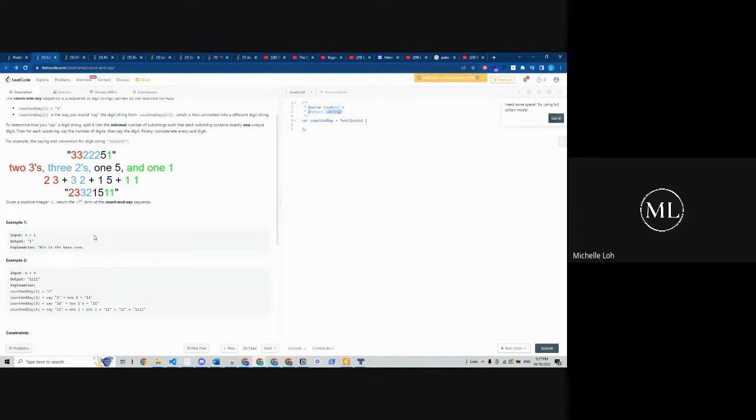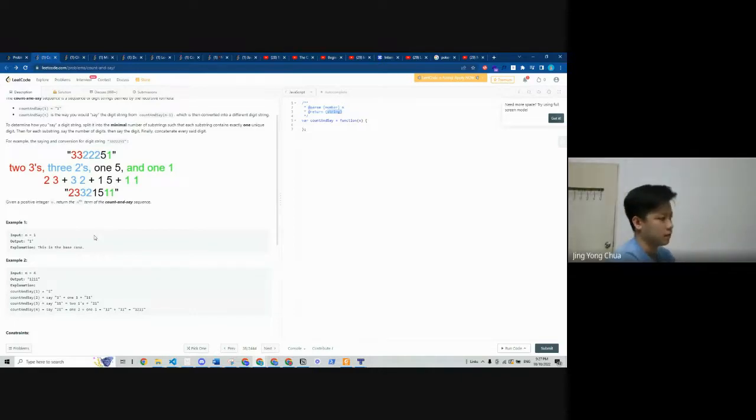It's 1 1. You get what I mean? The letter 1 with the integer 1. So when it's count and say 2, it's 1 1. And then when you go to count and say 3, you have to refer back to count and say 2. There's altogether two 1s, so 2 1. You get what I mean?